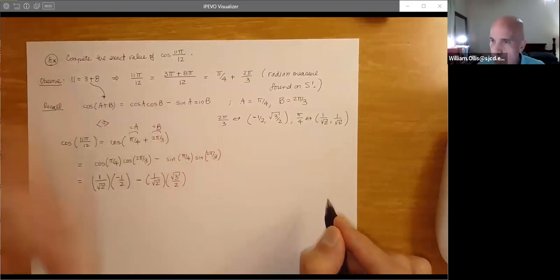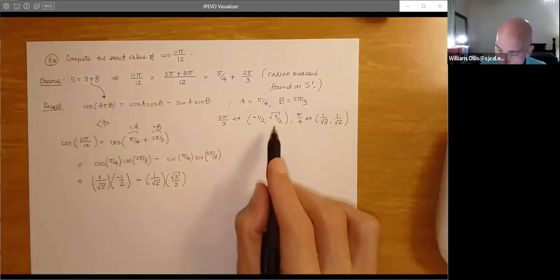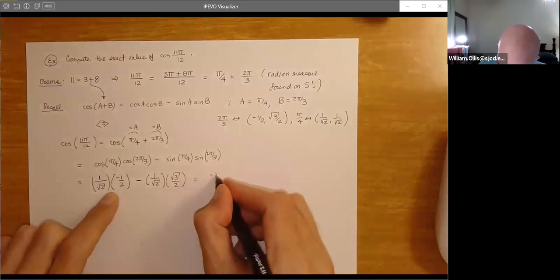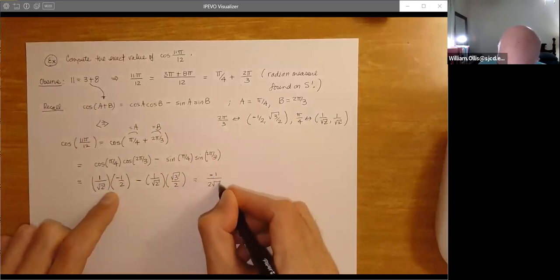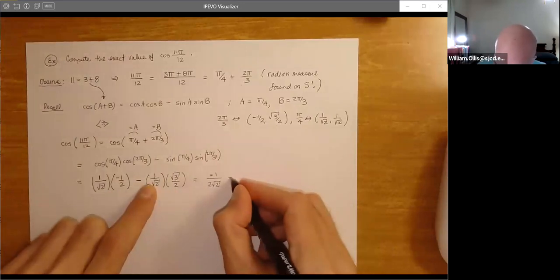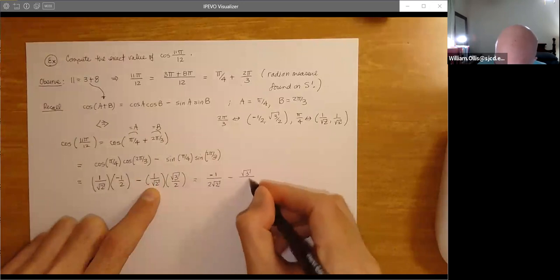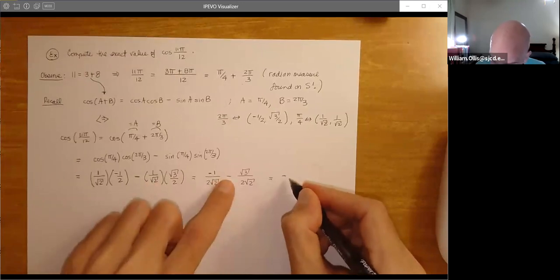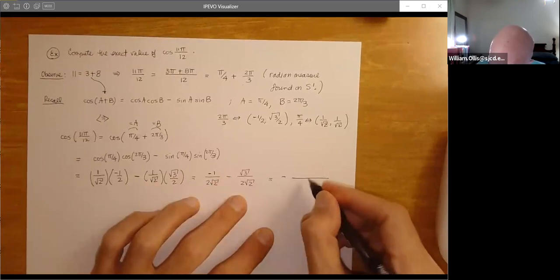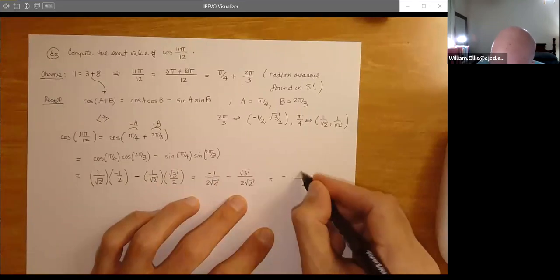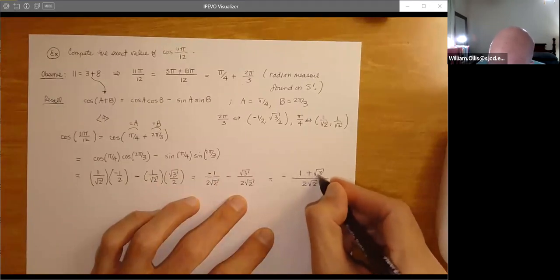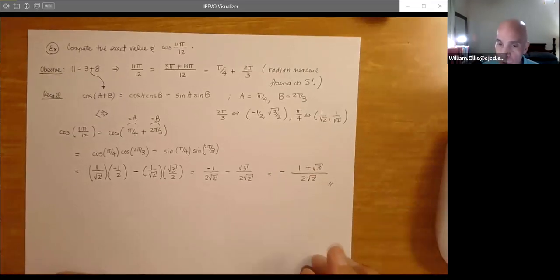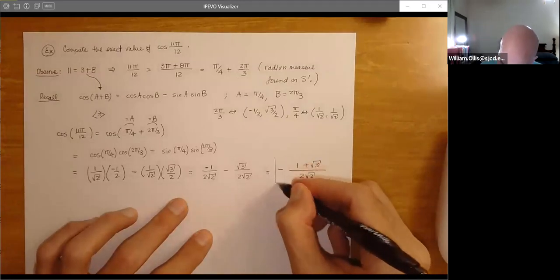And since we have to use everything, it probably makes more sense just to focus on this to make sure the signs are correct. So now notice we have -1 over 2 root 2. And here we have a minus, so we have minus √3 over 2 root 2. Of course, we have the same denominator, so this will be a negative. Just go ahead and factor the negative, put it on the left here, 2 root 2, and then 1 plus square root 3. And of course, if you want to, you could rationalize this and get rid of the square root in the denominator, but this is more than sufficient.